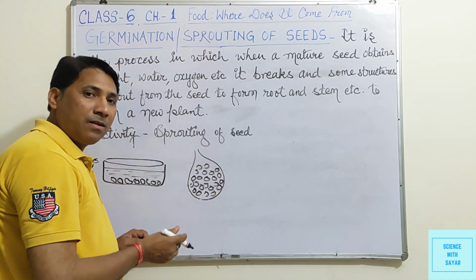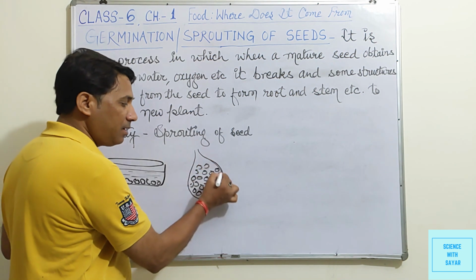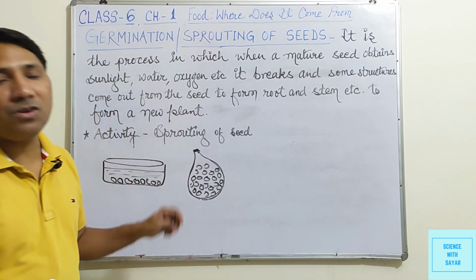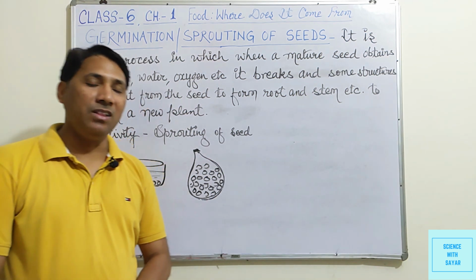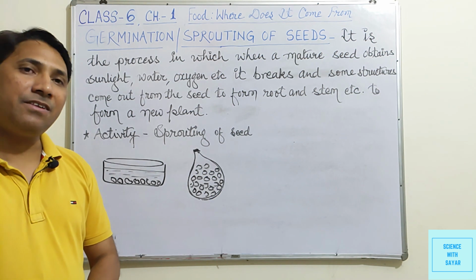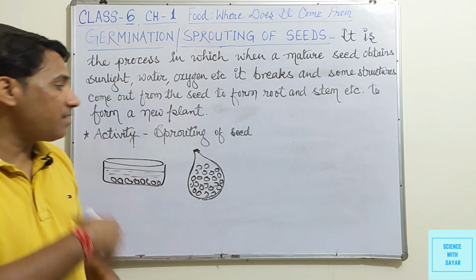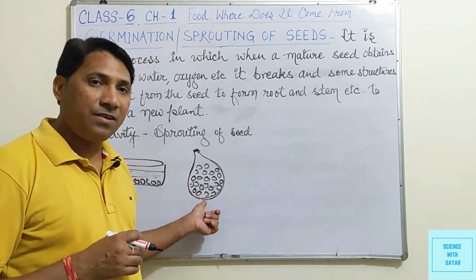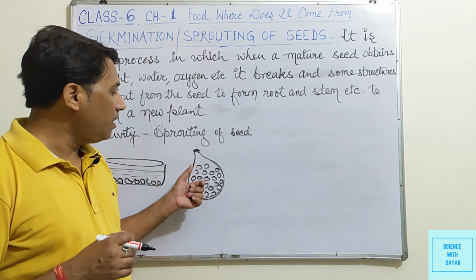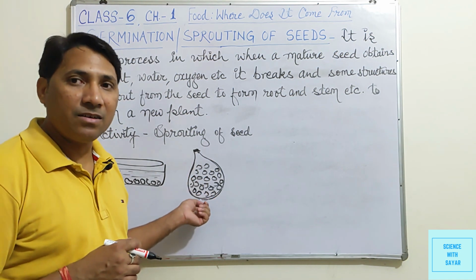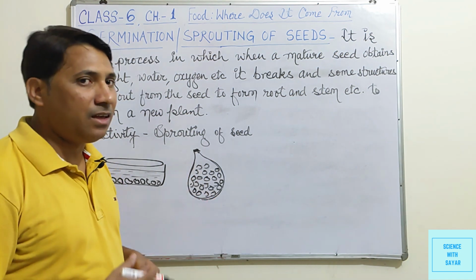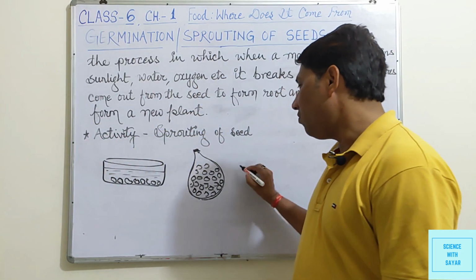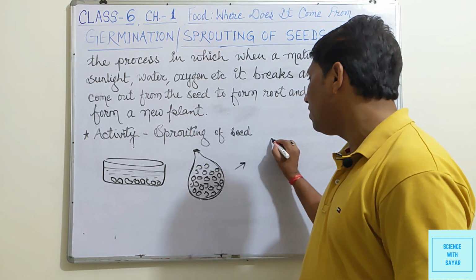Then we sprinkle some water on it to make them wet, and then we put this cloth along with these seeds aside, and next day again we sprinkle some water on it and keep this aside undisturbed. Next day when we see these seeds, we can see that these seeds